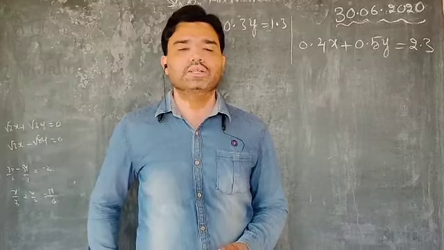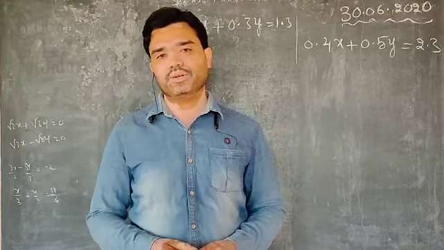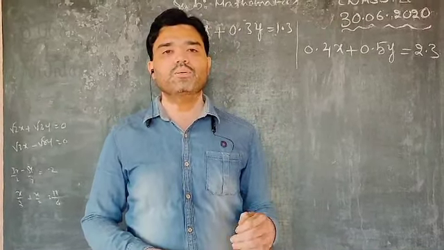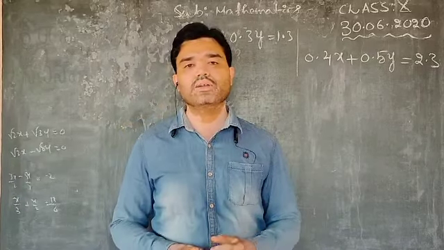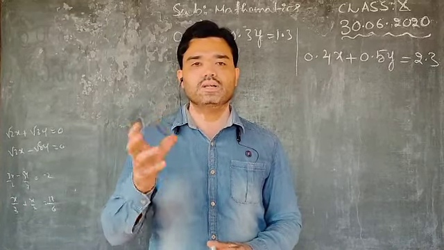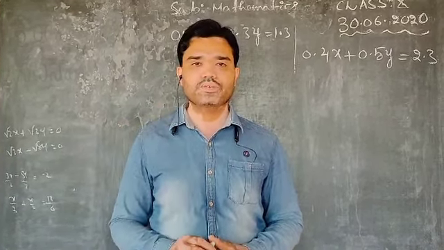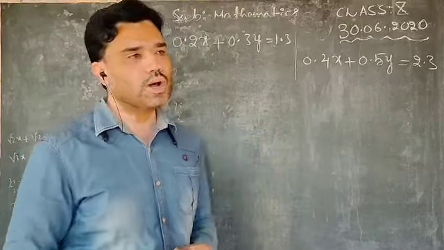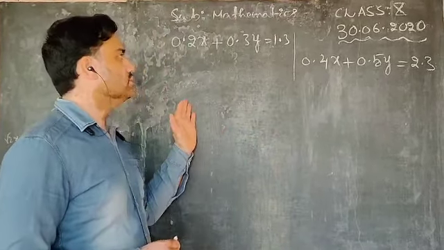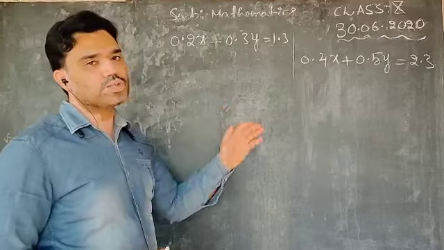Okay, but in the textbook they have given half of the perimeter. Half of the perimeter I have not taken. Directly I have done that, so there is a little variation in the answer. That's all. Okay, now let us look at a few more problems in the same exercise by the substitution method.